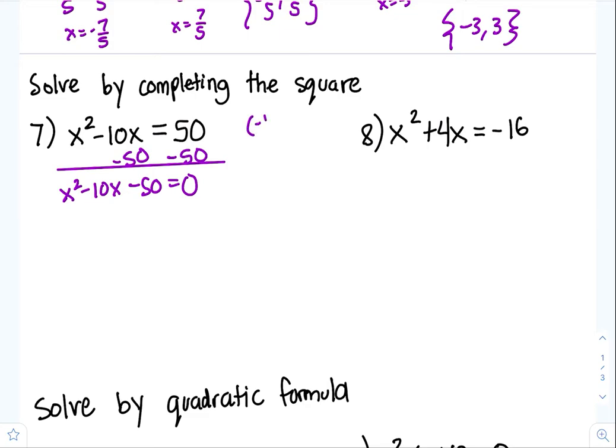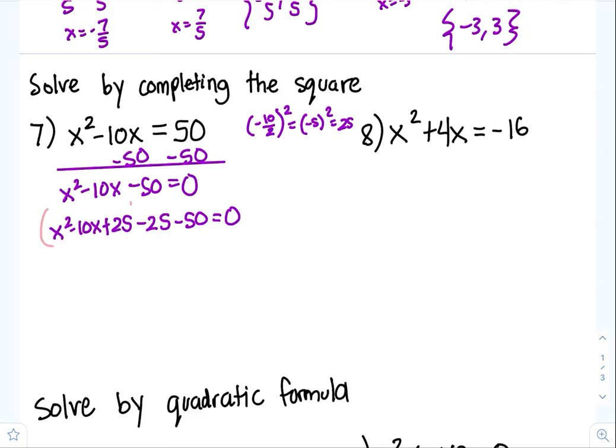So half of -10, and then you square it, which is -5 squared, which is 25. So once you half the middle term and raise it to the second power, we got 25. Now you have to add it and then subtract it,